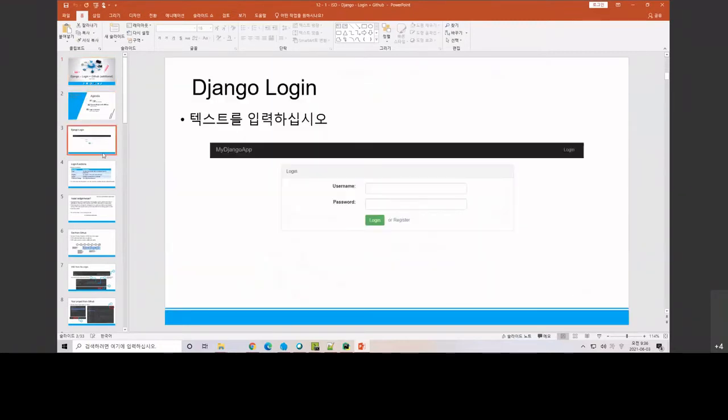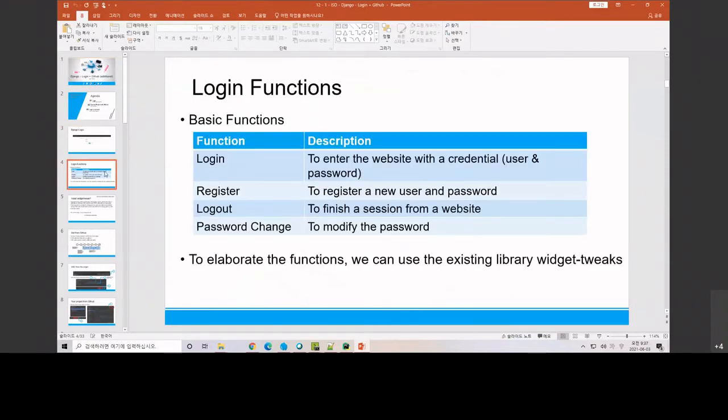Okay, so this is an example of the login. You can have the username, you can have the password, and then you can have the login button and then the register button. So the basic idea of the login functions is that there will be at least 4 main functions. The first is how we enter the website with the user and password. And